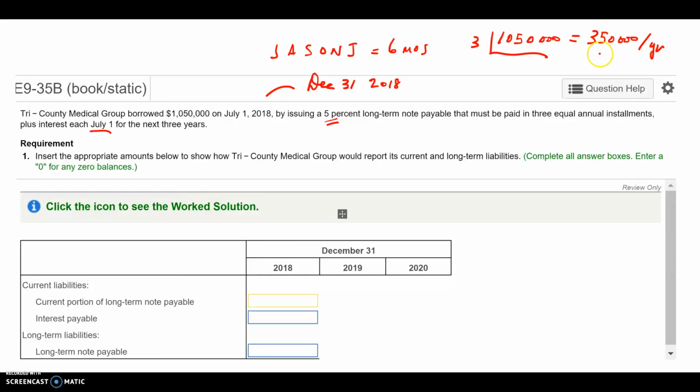Okay, so take a second and come back and work out what that would look like, and we'll compare notes in a minute. Okay, so here we go. We have $1,050,000 divided by 3, which gives us $350,000 a year for the yearly installments. So as of December 31st, 2018,